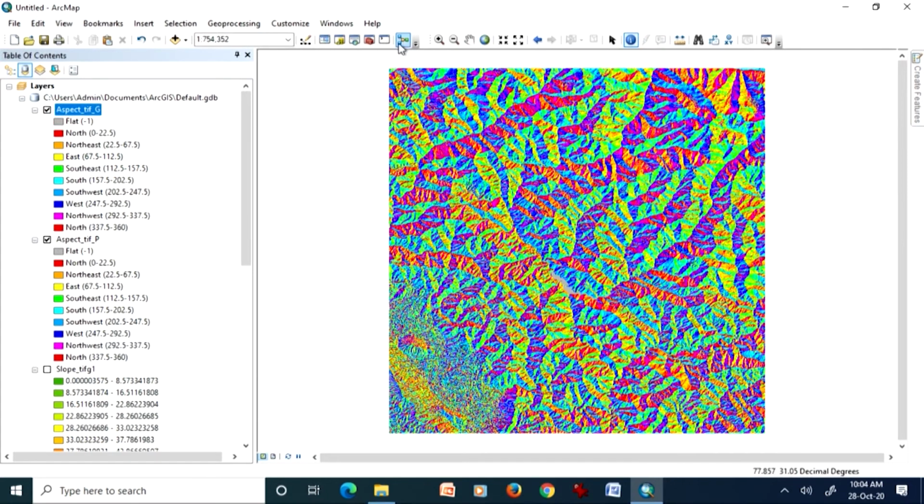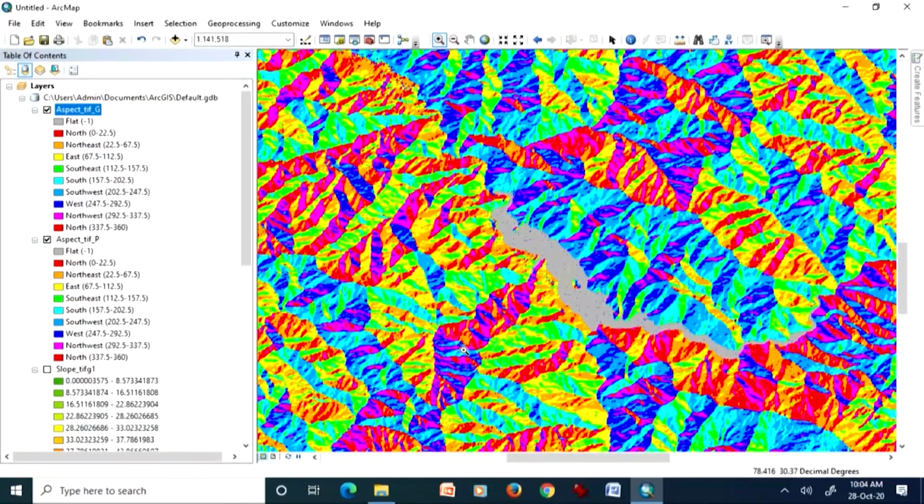Now if I zoom into a certain part, again I will zoom into the same part, that is the Terry reservoir, and use the identify tool.